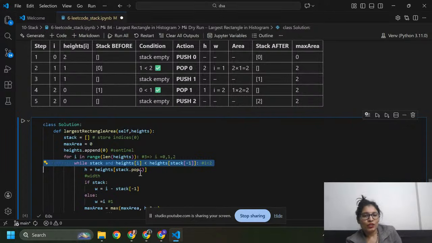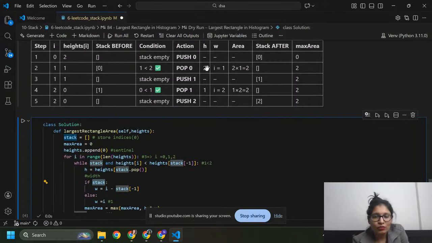Now, inside this, I am going to calculate the width. Height is 2.